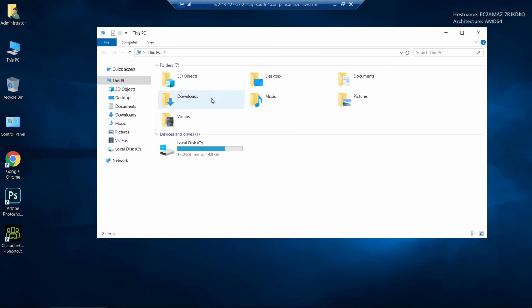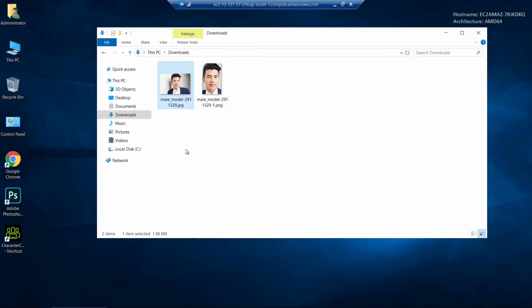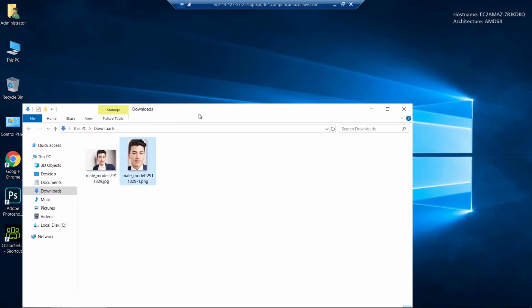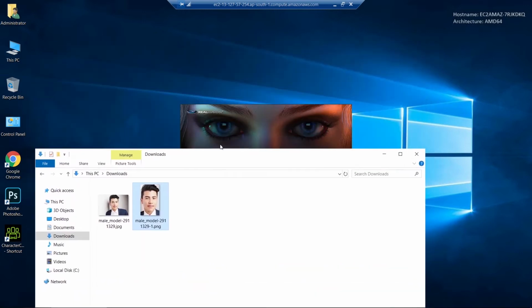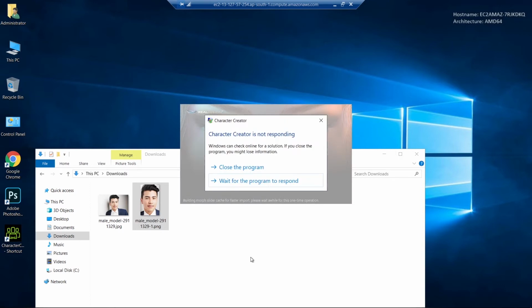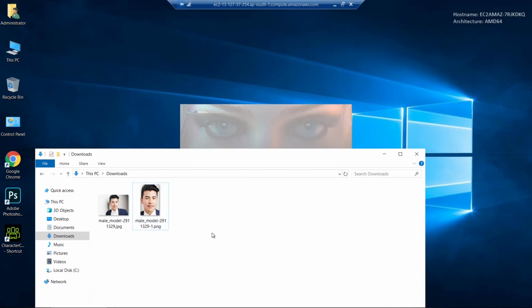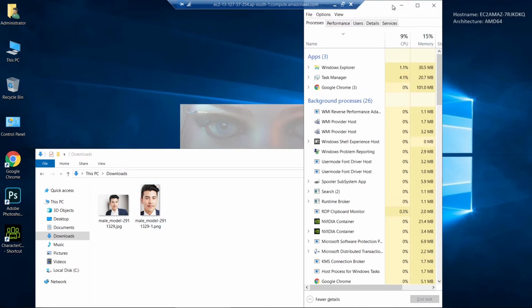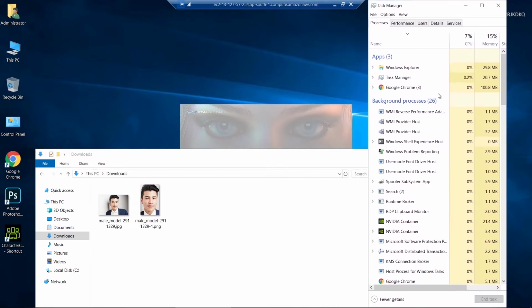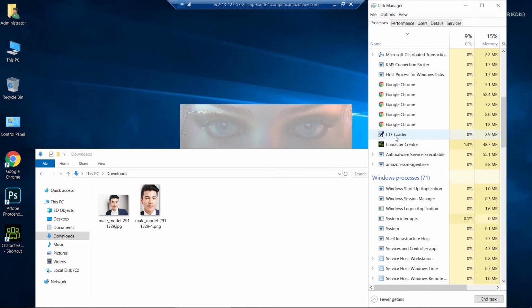So all of this you're doing in a remote desktop. It's not your desktop. It's 1.98 MB, and this one is the 4 MB photo. Now this is still starting. Character Creator is taking a while, but it still has the 4 virtual CPUs. It will begin in just a second. So here, this one is the starting Character Creator.